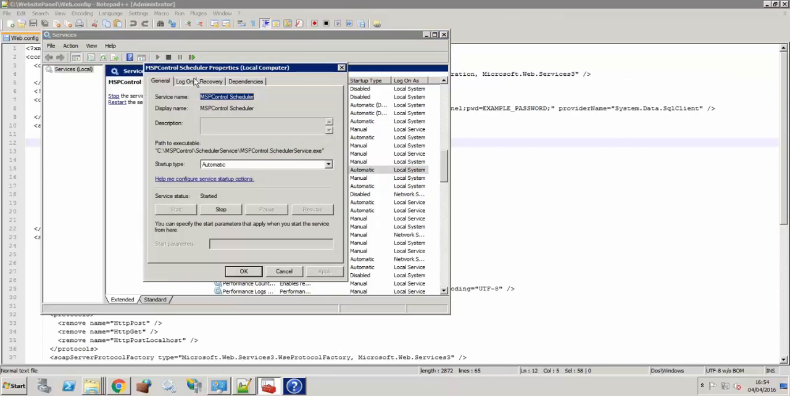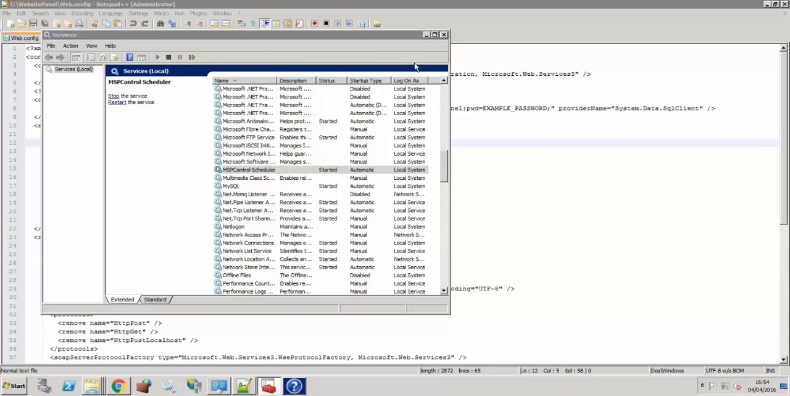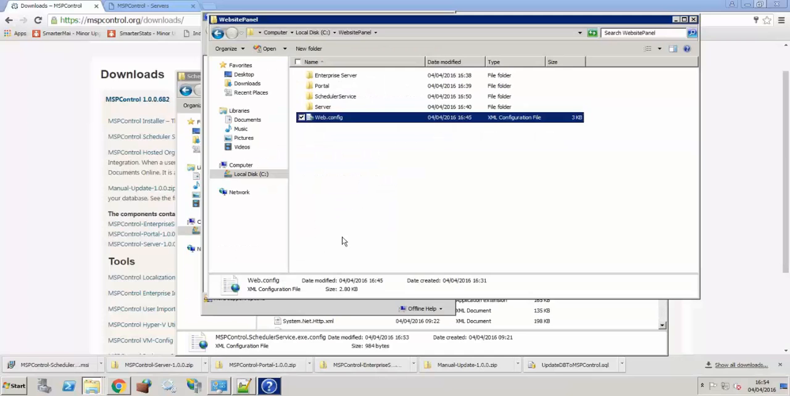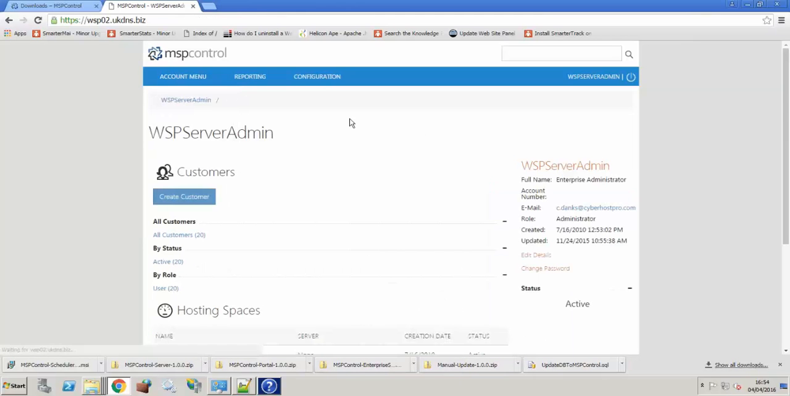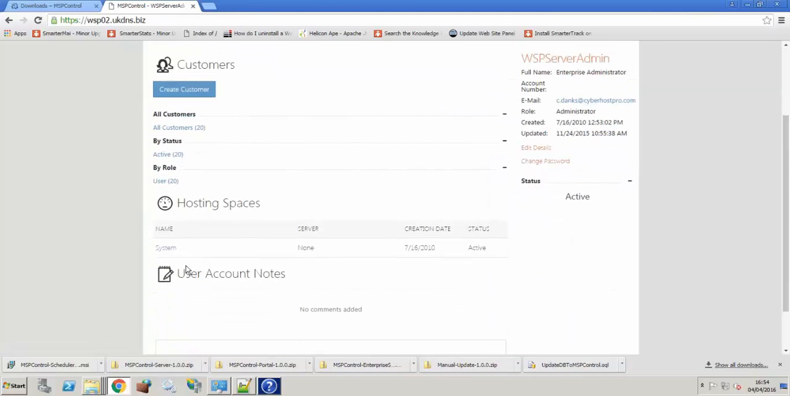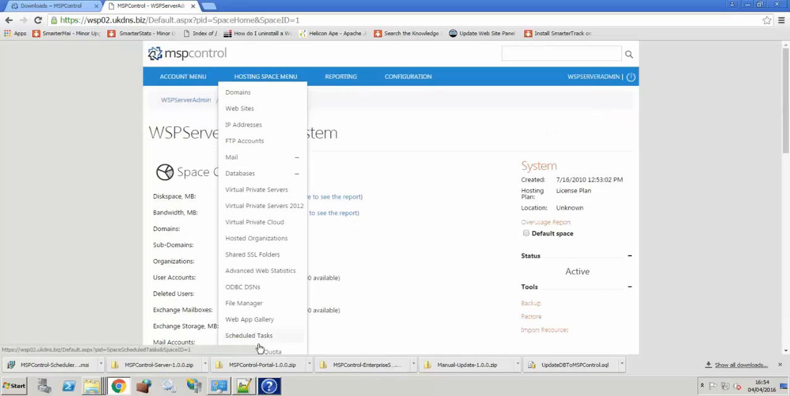Once the service is started, if you just click on recovery and just set all of them to restart the service. So if the service ever crashes, it'll just automatically restart. To test it works, one thing I always do, if you go back to the front of your MSPControl, click System, go down to Hosting Spaces, Scheduled Tasks,